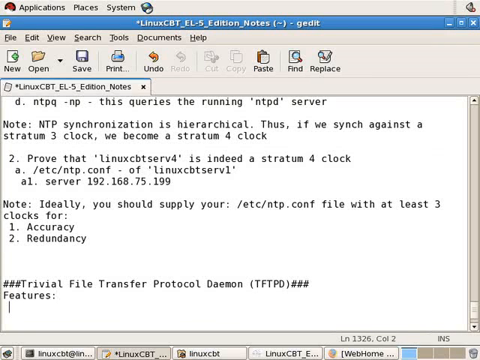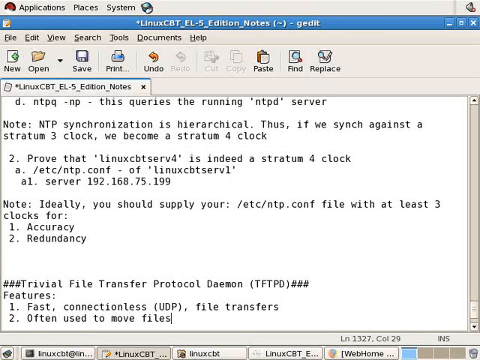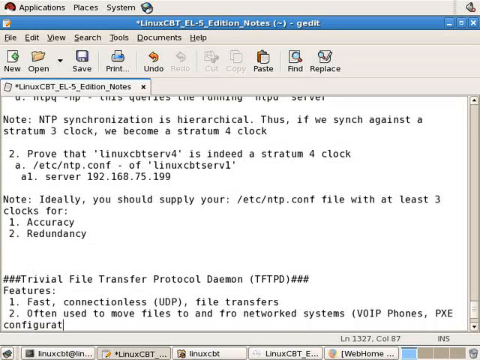It features fast, connectionless, which means it's UDP-based, file transfers, and is again often used to move files to and fro networked systems. So for example, VoIP phones, PXE configurations, router, firewall, switch configurations,